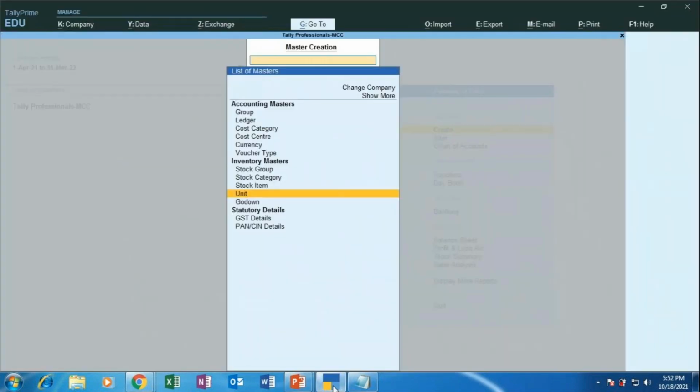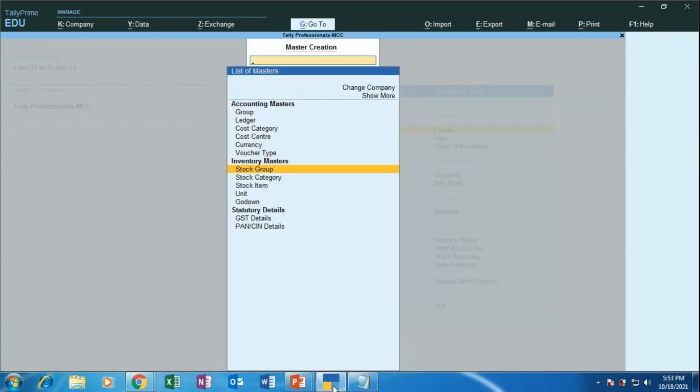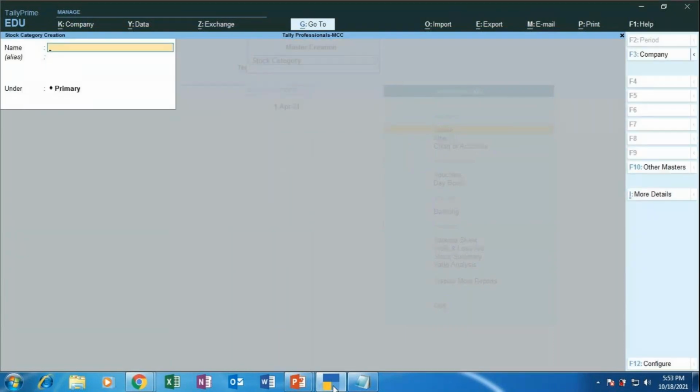Now, how would I go for it? Gateway of Tally, go to the create option, go to the stock category. Please don't go to the cost category. It's a stock category. We are creating the inventory masters now. So we have created unit, then location or godown creation, and now we are going to create stock categories, stock groups, and stock items. Fine. So first we will select stock category. Press enter on stock category, then the stock category creation window opens, and now we have to create four stock categories. So first of all, we'll create home appliances,